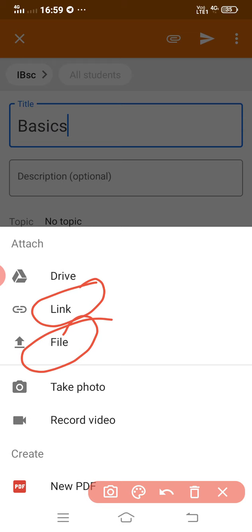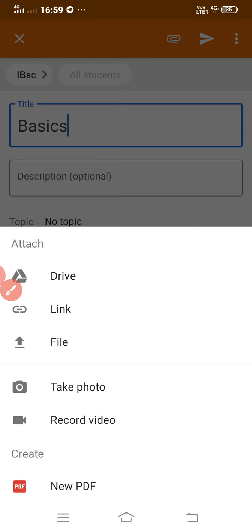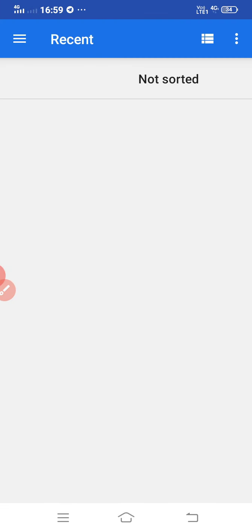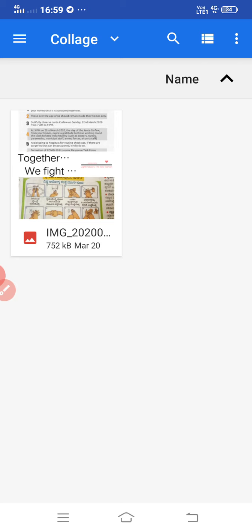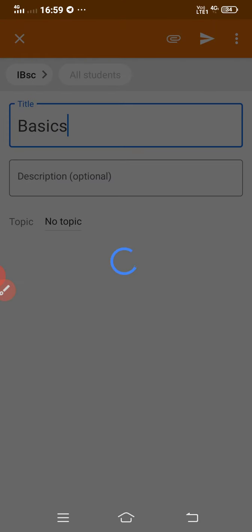To upload the file directly, you just click on file. Once you click on file, it will open your phone memory. For example, I will click on this particular file and it gets attached. So your classwork is getting attached into Google Classroom.